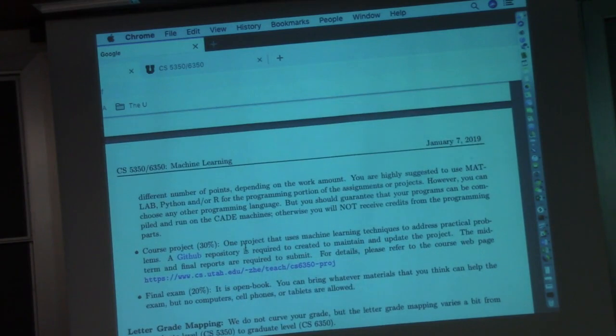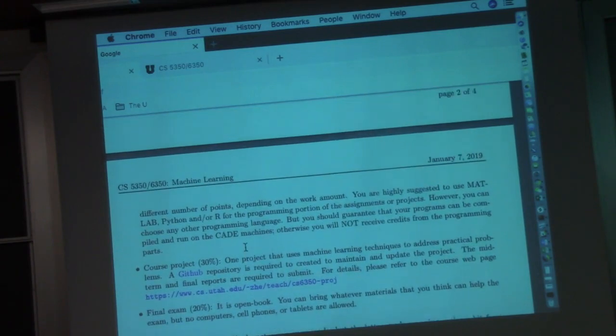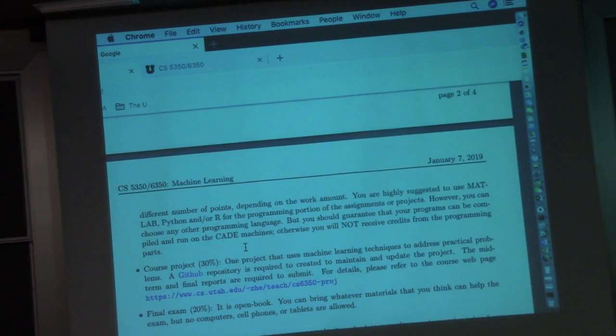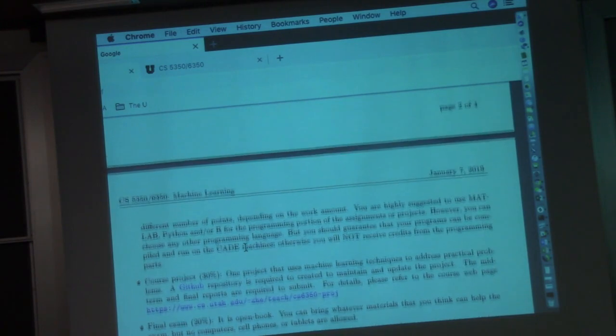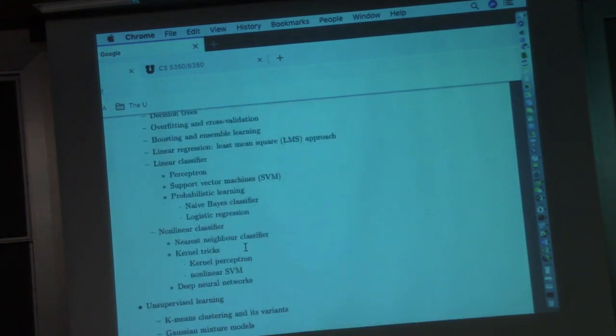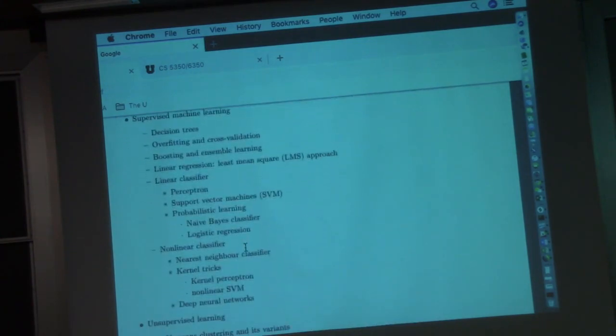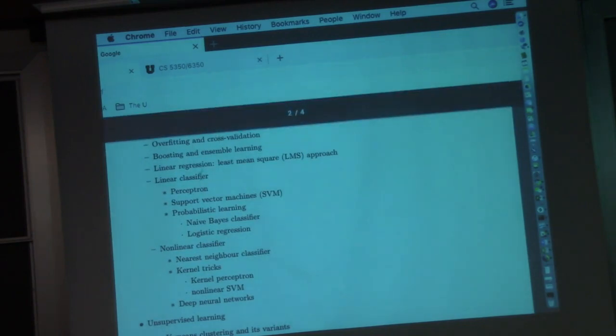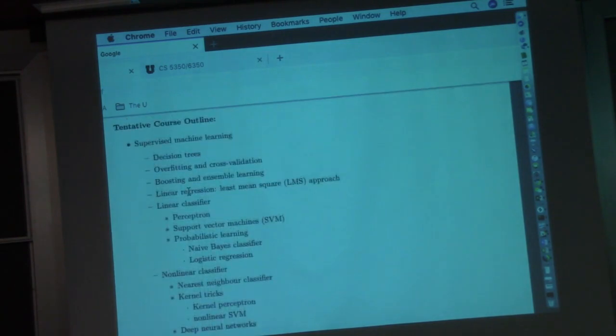Do you have some sort of schedule of when you're going to talk about a specific topic? Like one day we talk about this, next day we talk about this. The detailed schedule is not out yet, but you can expect that the topics follow the order here. Basically, we start with this, and it follows this order. But we could change a little bit, depending on the progress of our class.